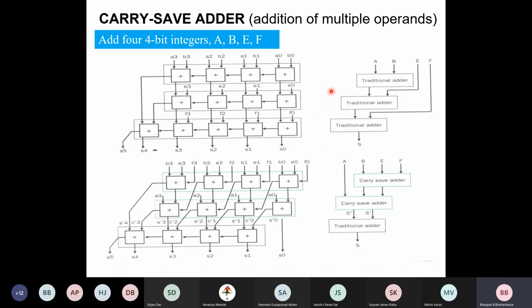Okay, and as we remember, when you add multiple numbers, this is the typical way of arranging the adders, ripple carry adders in a two-dimensional array. Instead of doing this, you can break this connection and consider this vertical connection, this diagonal connection, so that the signal flows downwards. And in that process, we said we reduce the delay to some extent. And this is the principle of carry save addition for adding multiple numbers.